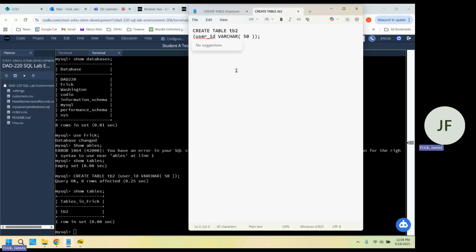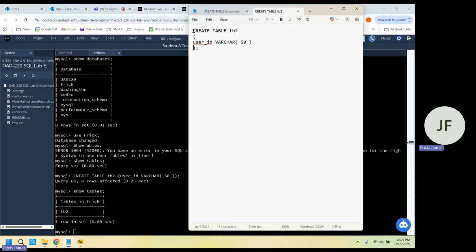Then notice it has a set of parentheses starting here and ending here. Another way to look at this is inside these parentheses is your column list. And this is a very short list. You have to close with a